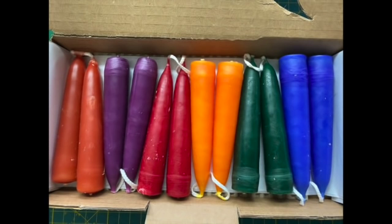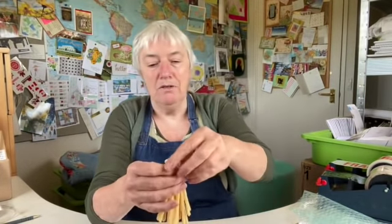So there's some pictures here then of what the autumn candles look like. Just what you'd expect, really. All those beautiful leaf turning colours and all that, the gorgeous, more muted colours of autumn. So that was great. But while I was at Ted's, I picked up these as well. So I bought a whole load of these,